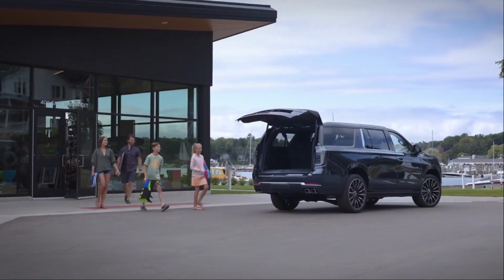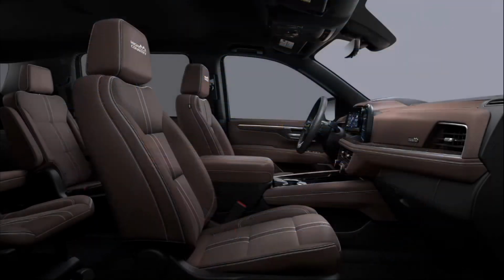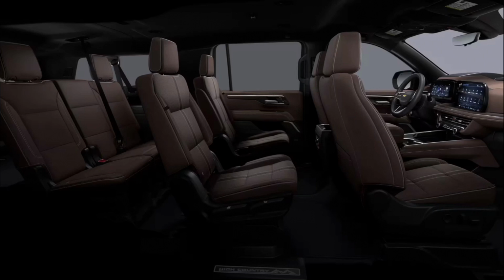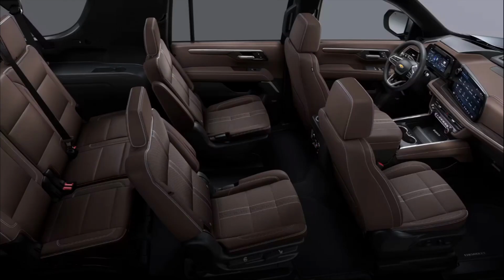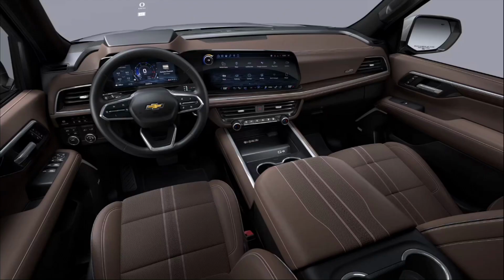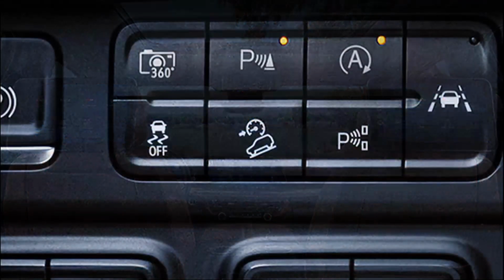Nice. 3-liter Duramax turbo diesel that turns out 305 horsepower with 495 pound-feet of torque through a 10-speed automatic transmission, 4-wheel drive. Tow rating, 7,900 pounds. So get your cabin cruiser, hook it to the back of the truck, and take it to the lake. As far as mileage is concerned, it is a diesel, and it didn't do too bad. 20 miles per gallon city, 24 highway for a combined 22. I got 21.5 miles per gallon over